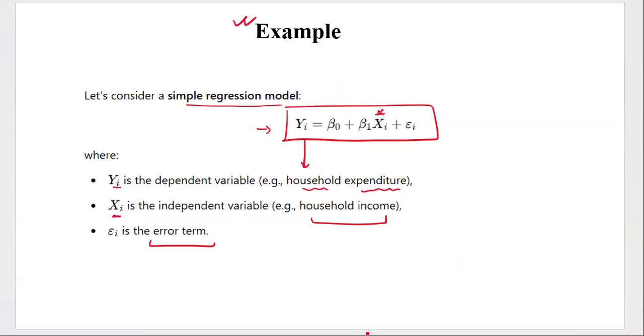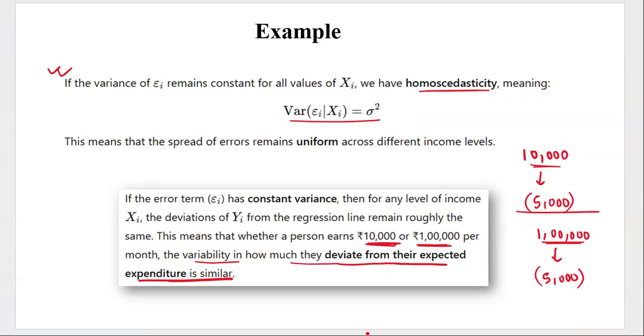Xi, see, here I have defined xi to be the household income. So suppose you are the only person in your household. If your monthly in hand is 10,000 rupees, your expected expenditure is 5,000. Even if your monthly income goes up to 1 lakh rupees, then also your expected expenditure is more or less the same. It could be 6,000, it could be 7,000, but it cannot be 20,000 or 50,000. So this kind of dispersion is not allowed